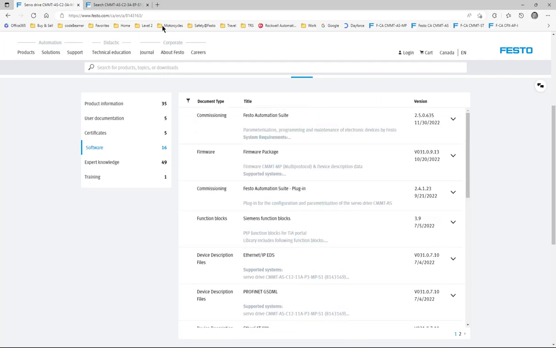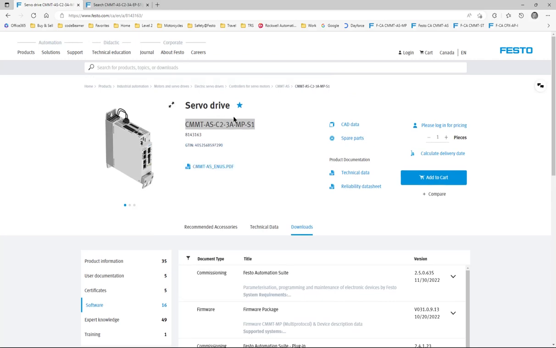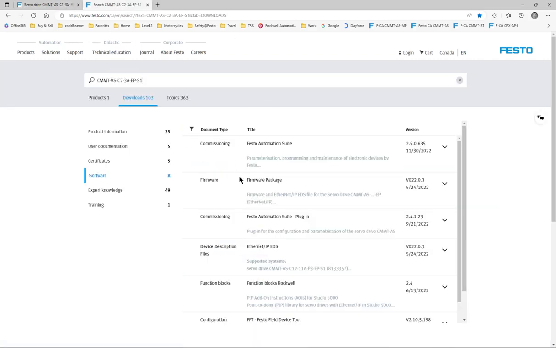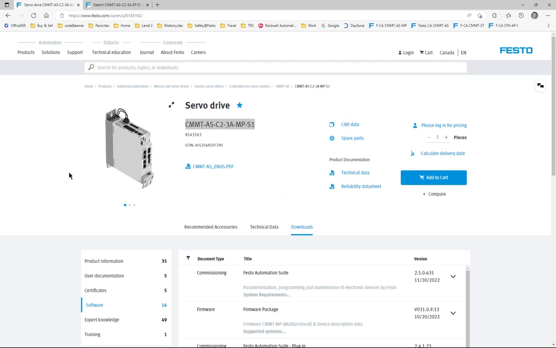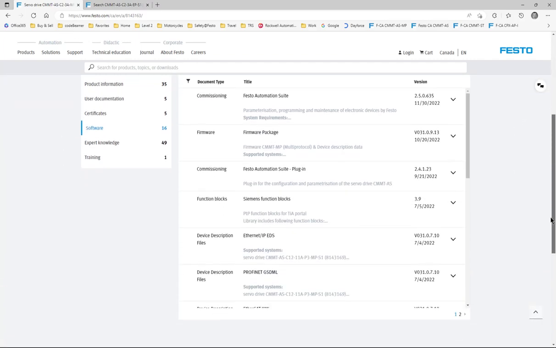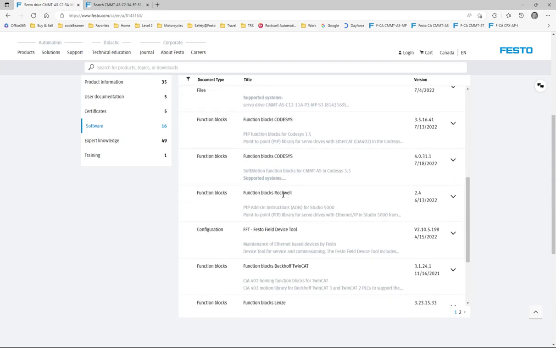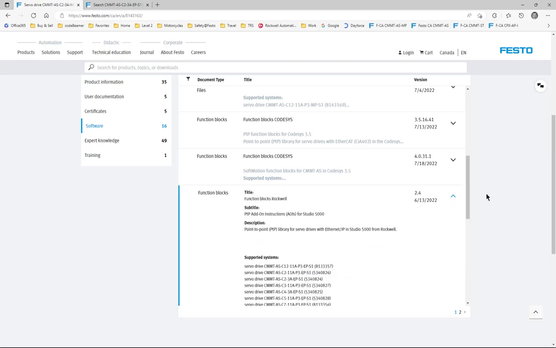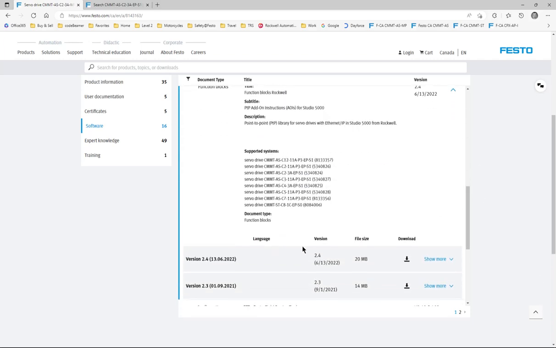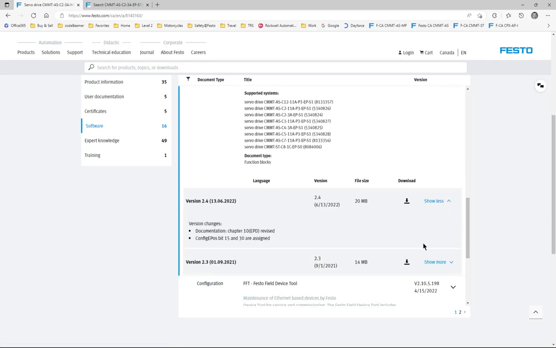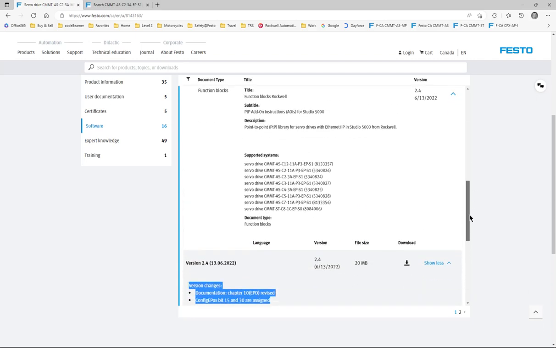So if we're on the website here and we're selecting our multi-protocol or our drive here, whichever we prefer, go to the software under downloads, and you will scroll until you find function blocks Codesys, function blocks Rockwell. So version 2.4, function blocks Rockwell. You'll download this here, and it talks about some changes that have happened. Okay, so this library by itself,